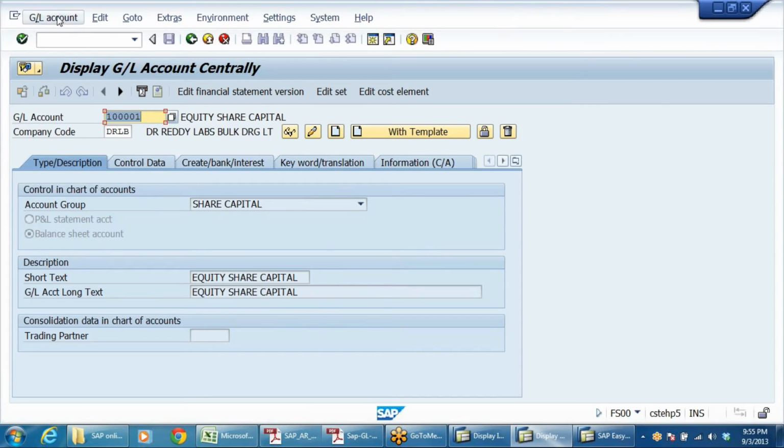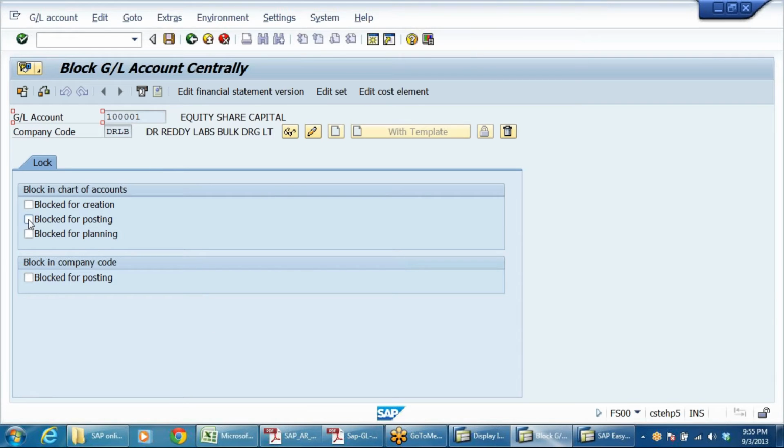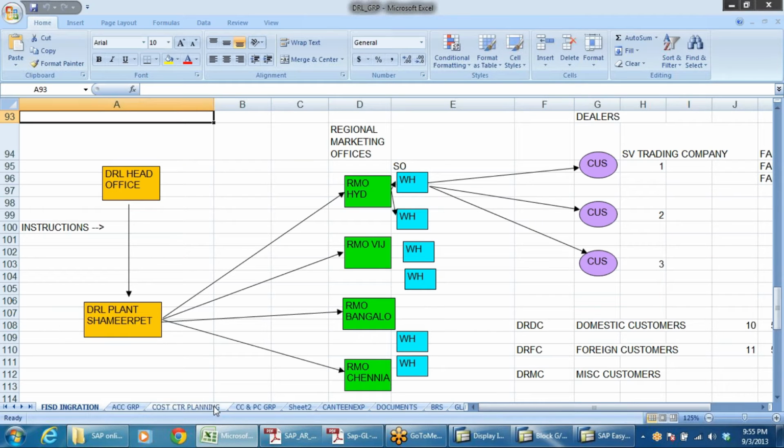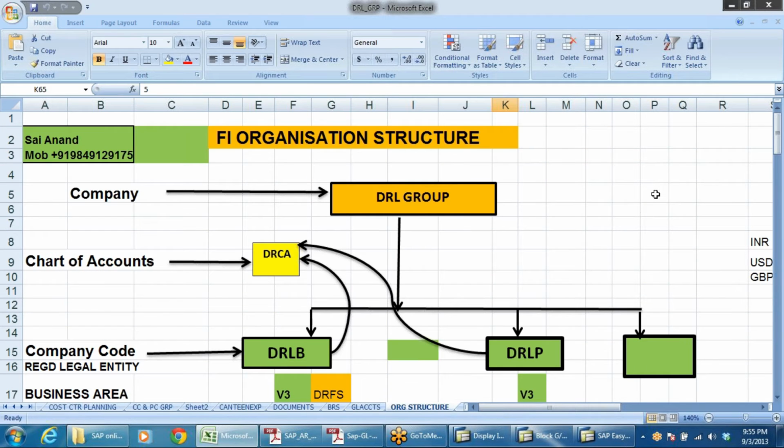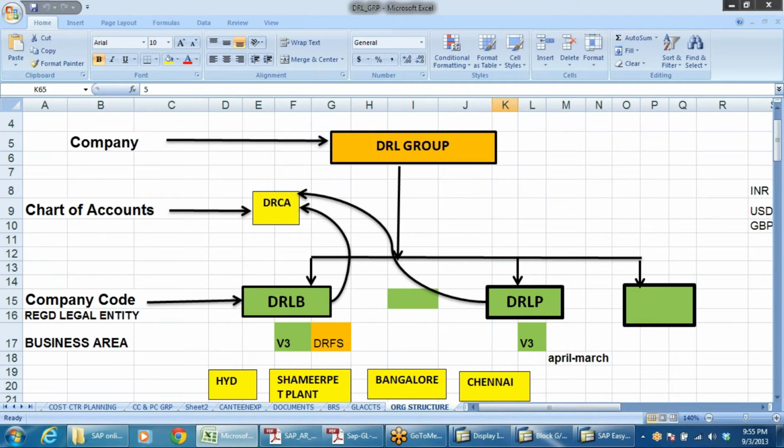Go to GL account, block. Here blocking: block in the chart of accounts, block in company code. This means I can block a GL account at company code level, or I can block a GL account at chart of accounts level. If I have more than one company code, and I want to block a particular GL account in all company codes, I'll be blocking at the higher level, the chart of accounts level.